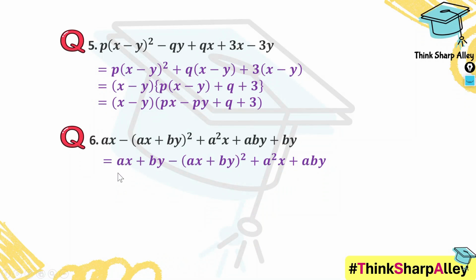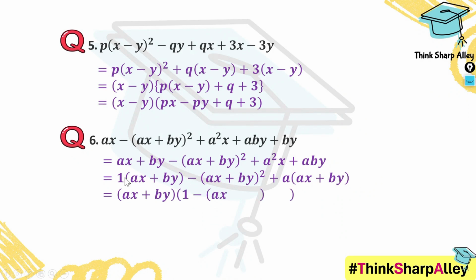So did you find your right grouping? This is the first group, this is the second group, and this is the third group. Let's factorize. Nothing is coming common, so 1 from this part remains as it is, and from the last two terms we can take a common. So now the common factor from these three groups is (ax plus by). So let us bring out the common factor and I'm left with (1 minus 1) times (ax plus by) remains, plus a. Remember there is a minus sign. So when we take off this bracket, the sign inside will change. And this is our answer.